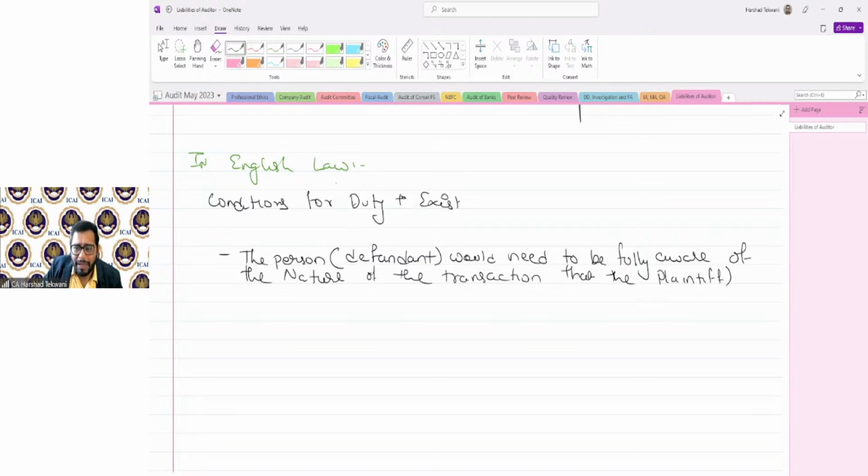Now, when I talk about the plaintiff, it will be, for example, ABC Limited in our example. So I'll write in blue. If you take our example, it's ABC Limited. If I talk about the defendant, it will be Mr. X, Auditor. ABC Limited, Purchasing Company. Okay. So the plaintiff had in mind